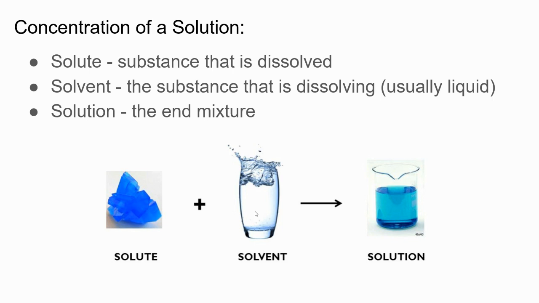So the solute is the thing that's dissolved. I always think of solute as the salt. The solvent is like water. Water is considered the universal solvent. That's the thing that's doing the dissolving. Wait, isn't solute and solvent the same thing, or no? No, the solute is like if we took salt, or this is cobalt chloride. You take the thing and you put it in water, and that makes a solution. Or the solute would be your drink mix, and the solvent would be the water. You mix them together and make your drink, your solution.